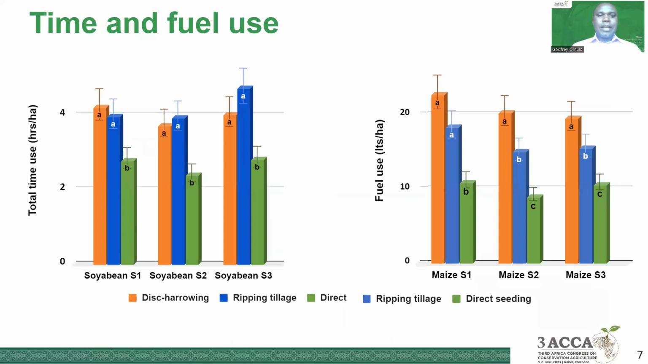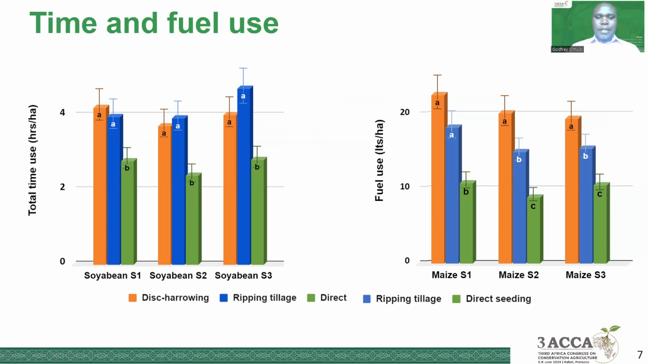Now, in terms of fuel and time use, direct seeding significantly saved time and fuel throughout the season, across the 3 seasons and for the two crops compared to disc-harrowing and reaping tillage. At the same time, this result shows that producing soybean and maize under disc-harrowing and reaping tillage significantly requires higher time and fuel use per unit area compared to